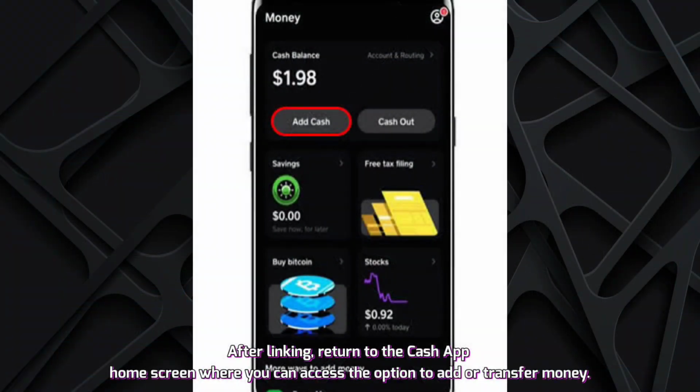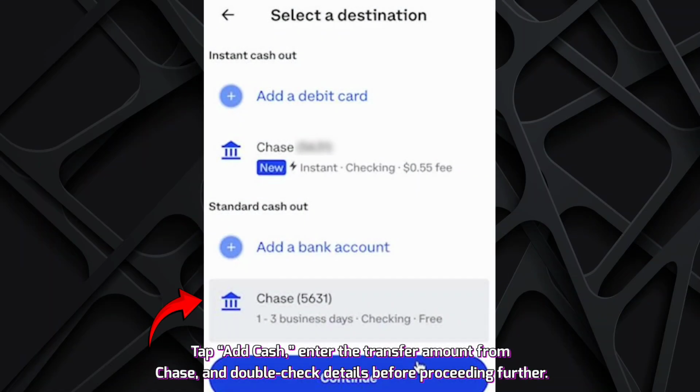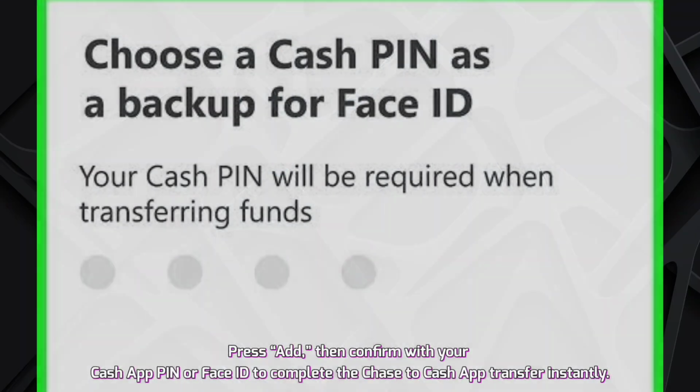After linking, return to the Cash App home screen, where you can access the option to add or transfer money. Tap Add Cash, enter the transfer amount from Chase, and double-check details before proceeding further. Press Add, then confirm with your Cash App PIN or Face ID to complete the Chase to Cash App transfer